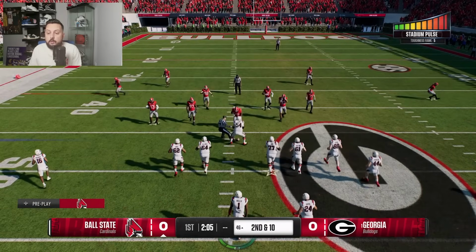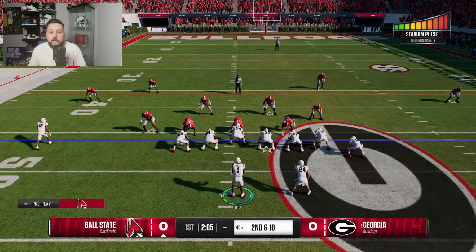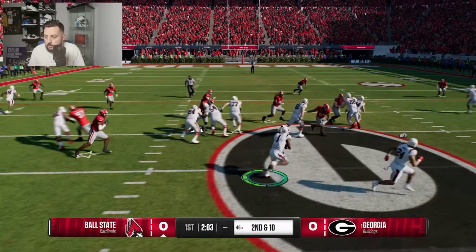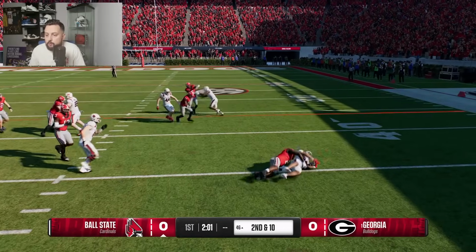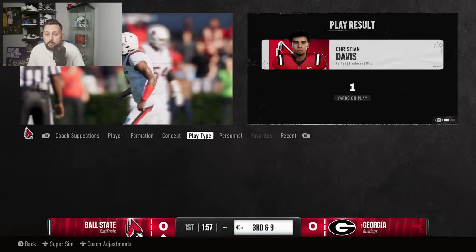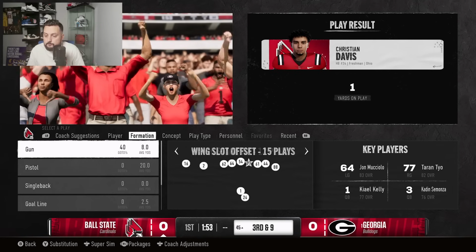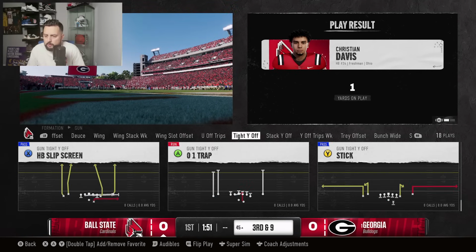It's 2nd and 10. We want to make this a manageable 3rd down. I'm not trying to air it out just yet. I'm trying to get this to a 3rd and 6 if I can. Okay, and I don't think we're actually going to be 3rd and 9. Okay, that guy was fast. He got out there. Now we got to make a play. Now we got to man up, and we got to make a play. So let's see if we can find...